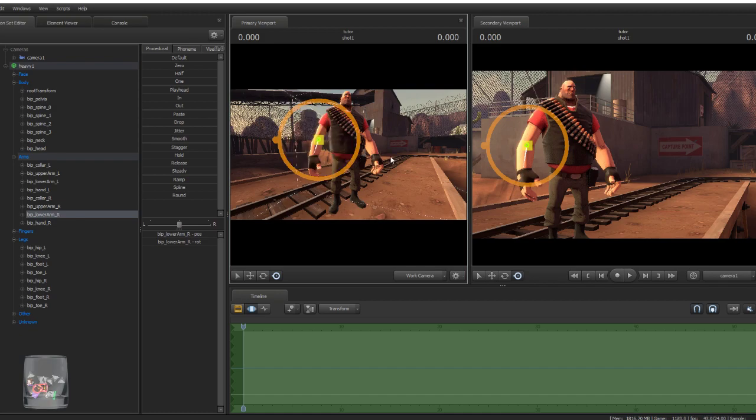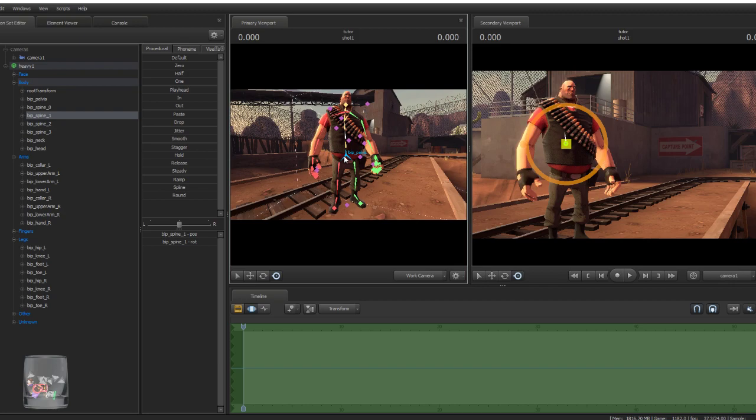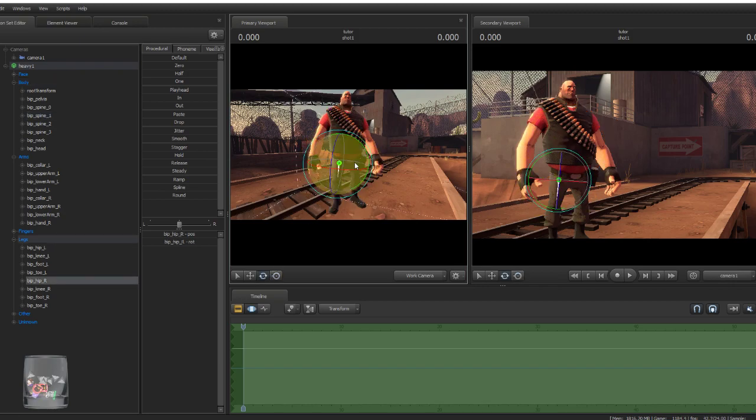But yeah, basically when you pose any bone that's not the pelvis, you want to use the rotation tool. Otherwise, you'll stretch it out. Sometimes if you're doing a still image or you want to get,